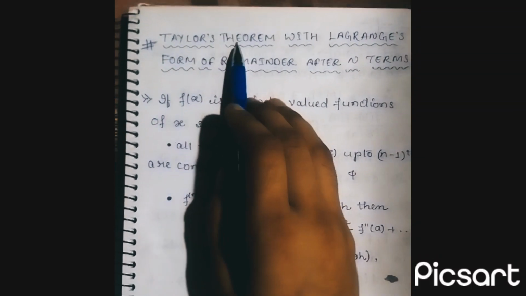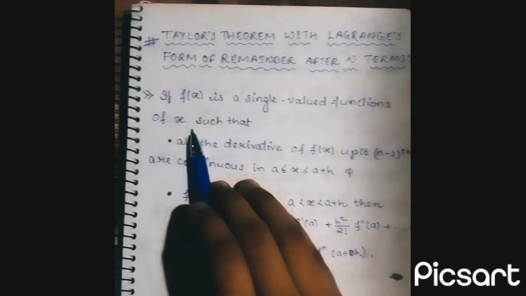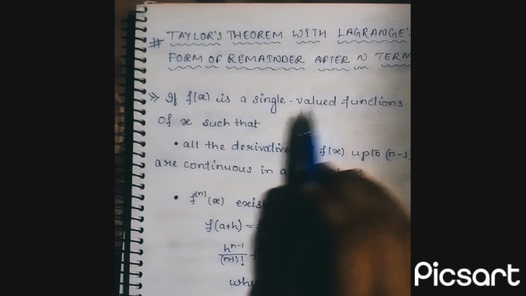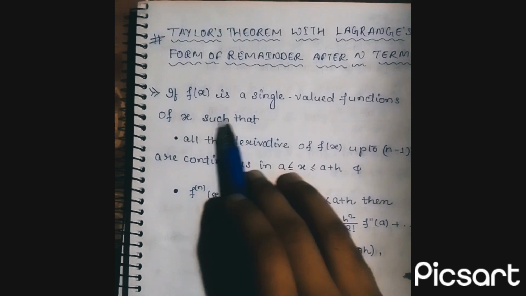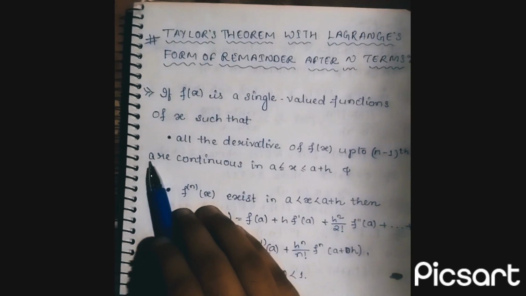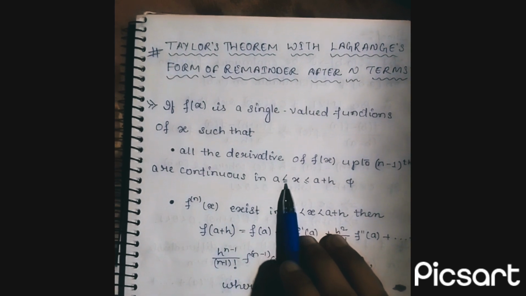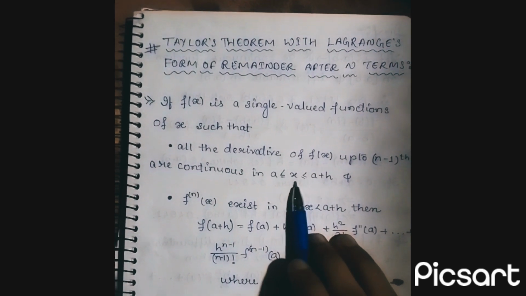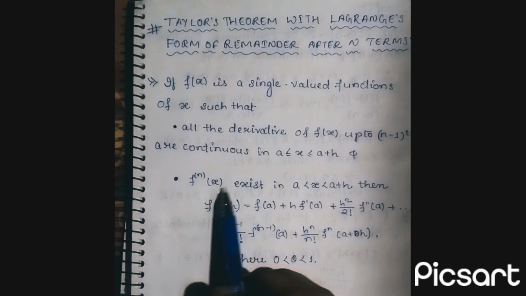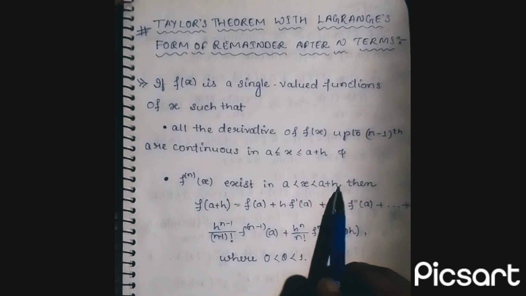का टॉपिक है टेलर्स थ्योरम विथ लैग्रेंज फॉर्म ऑफ रिमाइंडर आफ्टर n टर्म्स। सो ये स्टेटमेंट है, इफ f(x) is a single valued function of x such that all the derivatives of f(x) up to n-1 terms are continuous in x जो कि बड़ा होगा और इक्वल टू होगा a से लेकिन लेस देन और इक्वल टू होगा a plus h से, और f^n(x) exist in x greater than a but less than a plus h, then